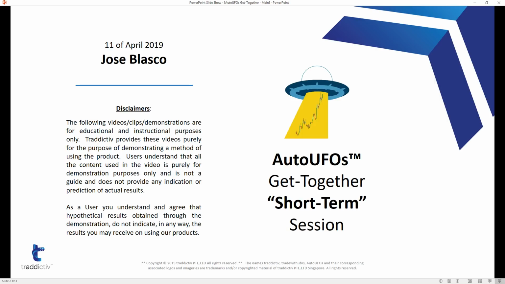Today we are getting together to do some short-term trading and therefore we'll be focusing on the lower time frames. We'll be looking at futures markets, we'll be looking at currencies, spot forex, etc. Okay, and we'll have some fun. We'll grow our skill, hopefully we'll grow our account too. And that's the plan, okay?